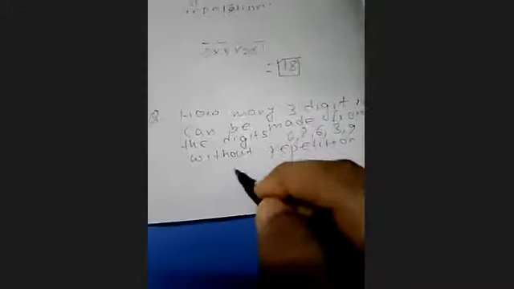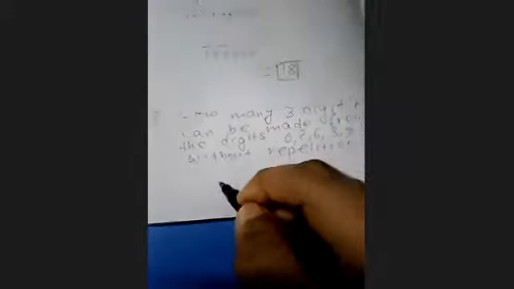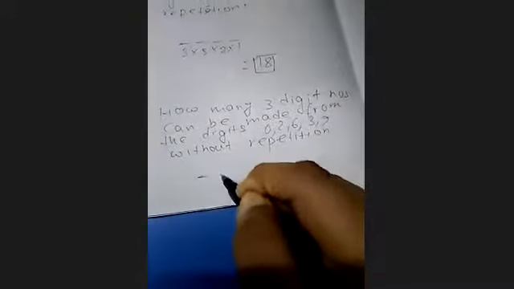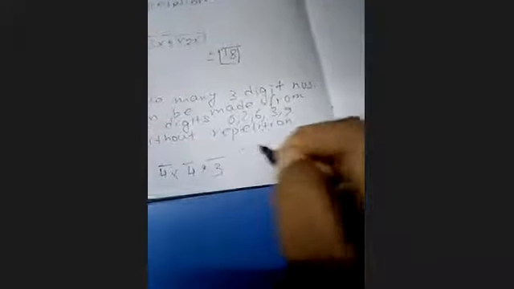So your answer is 96. So many are telling 48, many are telling exactly twice that, which is 96. So let us see. So make three gaps. The first digit can never be zero. So how many possibilities are there? 1, 2, 3, 4 possibilities. 4. Next to this, you have again 4 possibilities. And next to this, suppose these two are covered, so 3 possibilities. 4 into 4 into 3. 4 into 4 is 16, 16 into 3 is 48. So 48 is the answer, not 96. So 48 numbers can be made.